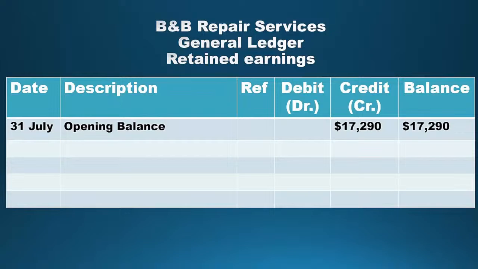Retained earnings is an equity account, so this opening balance is recorded on the credit side of the ledger. Step 3. We're ready to post the August transactions. Now that we've carefully written down all the opening balances, we're ready for the next step, posting the August transactions